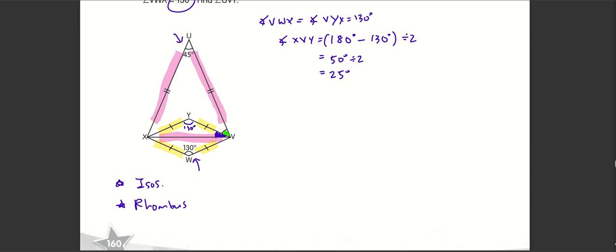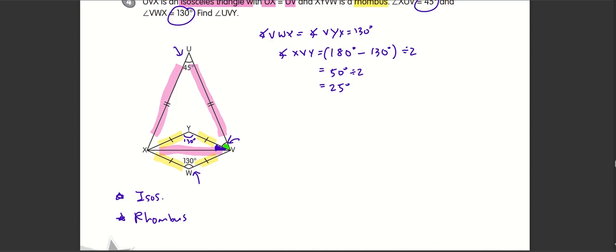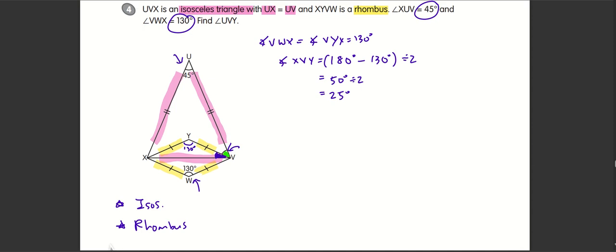Okay, then given that, I have to find the green one here, and I'm stuck because I don't have the answer to angle UVY directly, but looking at what is given, you have the 45 degrees in the pink isosceles triangle. So I can find